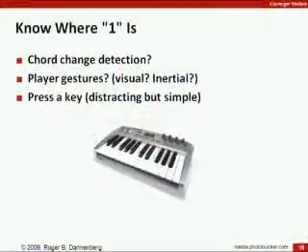And let's go on to the next topic: where is one? In the music information retrieval world, finding downbeats has not been a real problem that people have identified. But I think there are some techniques, for example, finding out where chord changes are happening, looking at player gestures, and then what we did, the reliable, simple but kind of distracting way of giving cues, is to just press a key or some kind of out of band signal, which for a percussionist is no problem, but you kind of have to have a free hand and you have to be thinking about it.